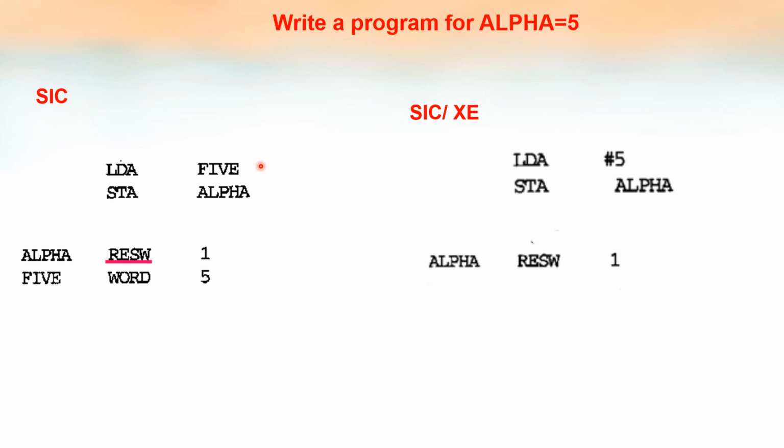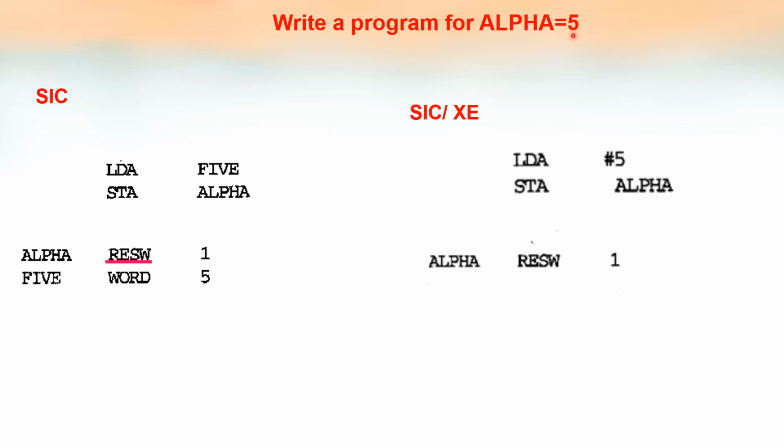Here variable means memory location in assembly language. So again, this variable alpha we have to declare. In assembly languages we declare it at the end of the program. So this is the declaration for alpha. ALPHA RESW 1, which means alpha is a memory location reserving 1 word of memory. Since it is an integer, integers will take 3 bytes or 1 word. So 1 word is reserved, and whatever value we give to alpha will go to this memory location.